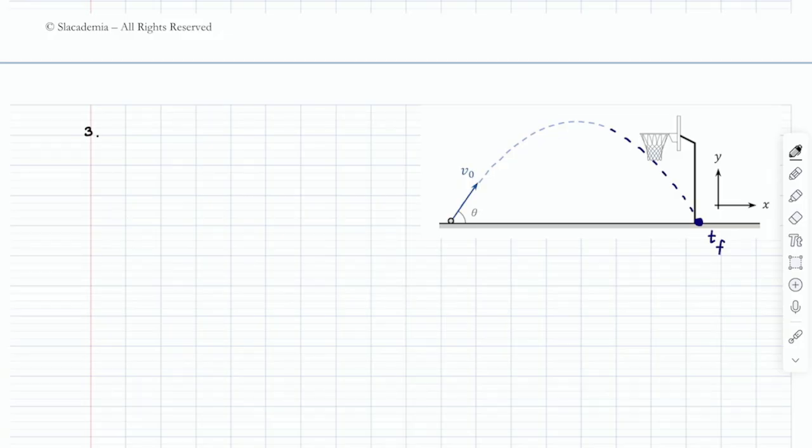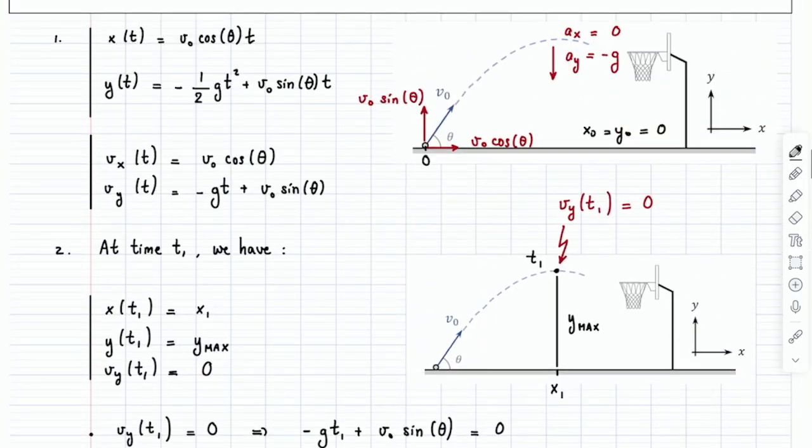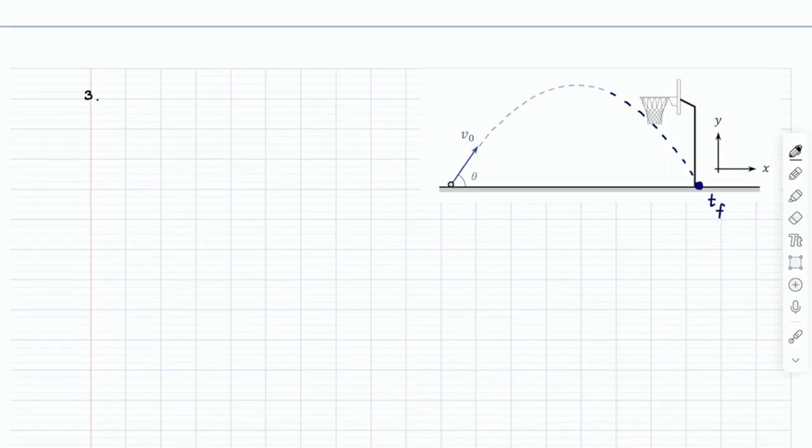All right. Now, there's a very similar approach for all these questions, which is, if we scroll up, forgive me for the scrolling real quick, what we tried to do is write things that are true at time t1. And in terms of x and y, it was pretty easy. And then in terms of velocity, we were able to say that vy at t1 is 0. Which is true because it's a turnaround point. You're not at your max height if vy is not 0. So then the question is, well, okay, what could we write at time t final? What do we have?